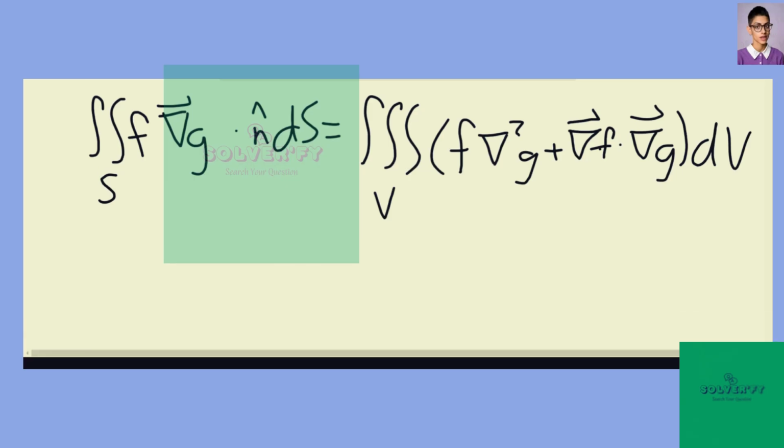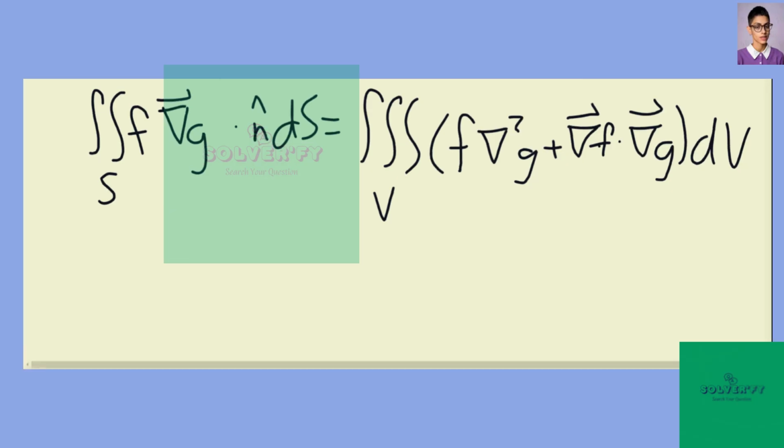So we previously found that the surface integral of f times the gradient of g dot n hat dS is equal, by the divergence theorem, to the triple volume integral of f times the Laplacian of g plus the gradient of g dotted into the gradient of f. So now we're going to use that